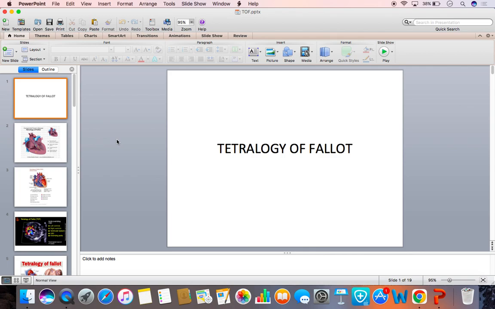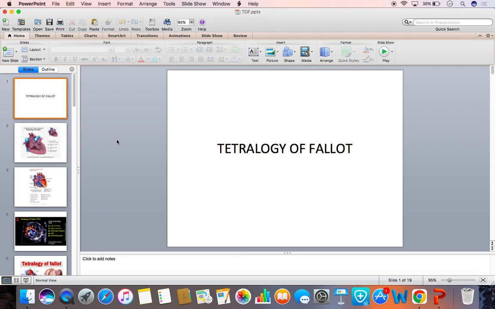When you examine the child, there is growth failure, clubbing of the fingers, central cyanosis with bluish discoloration of the mucous membrane and the peripheries. There is a precordial bulge and systolic thrill over the precordium, and a harsh systolic murmur at the left lower sternum and the pulmonic area. The second sound is diminished in intensity. Well, these are the clinical features of tetralogy of Fallot.